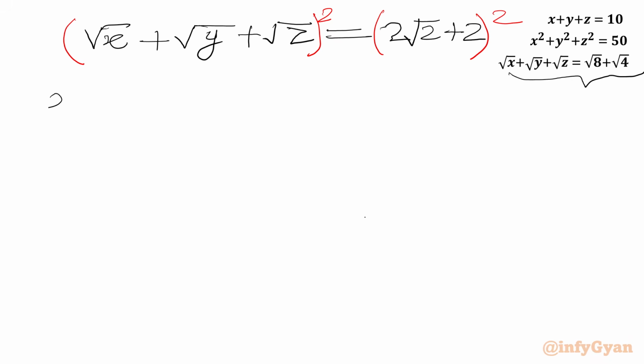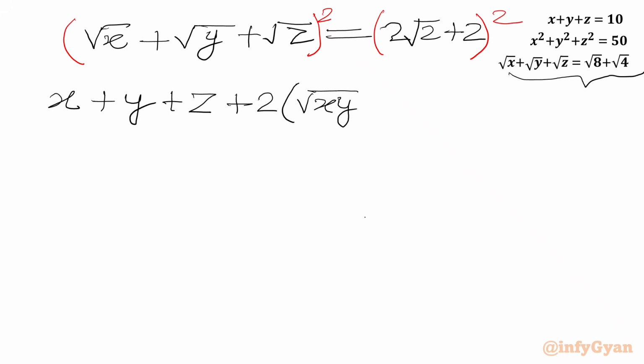Square root x whole square is x, square root y whole square is y, square root z whole square is z, plus 2 times in bracket square root x times square root y, we will write square root xy, plus square root y times square root z, we will write square root yz, plus square root z times square root x, we will write square root zx, will be equal to